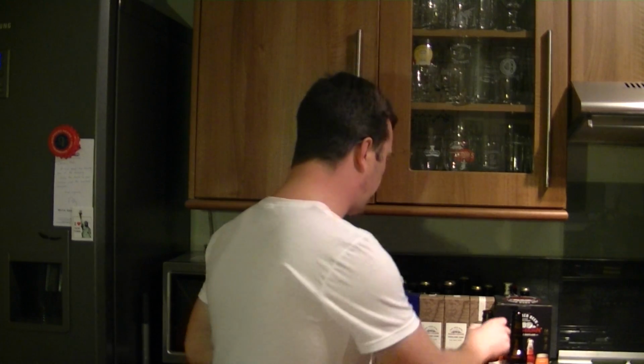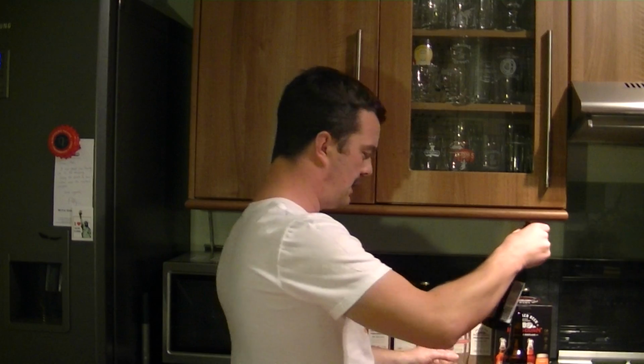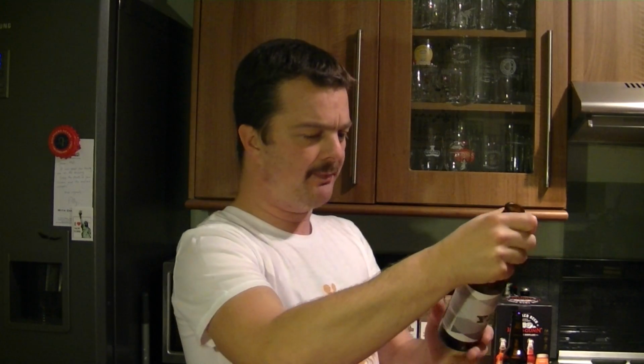Okay, we couldn't find the website for Evil Twin Brewing. Let's read out the side of the bottle. This is half and half. Oh, it's basically saying mix the yin with the yang. You'll come out with a